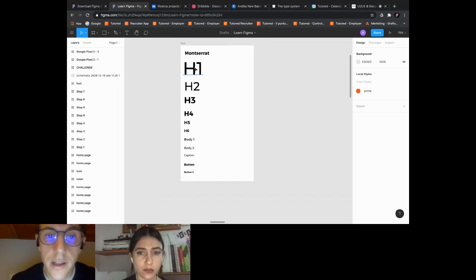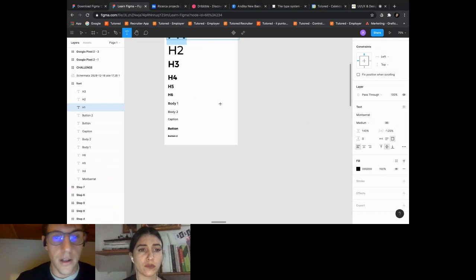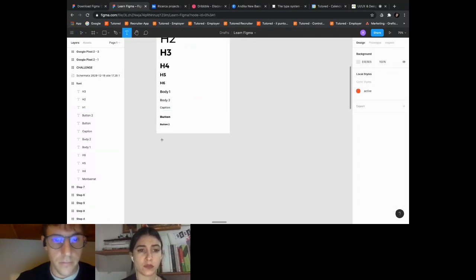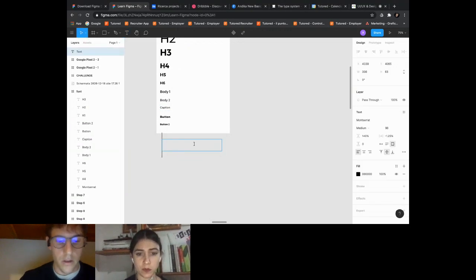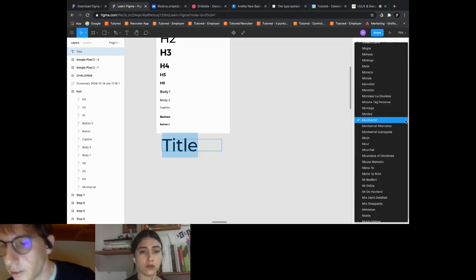To create a font style, it's very simple. You have to select your text tool like this. For example, we want to create H1 styles. Title. Okay, here we have the text tools. So here we can choose our font.